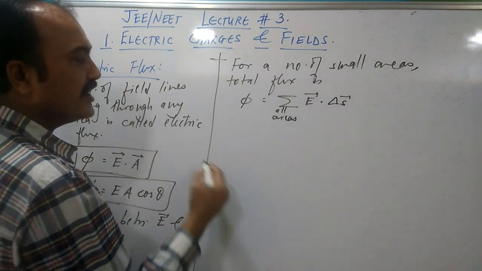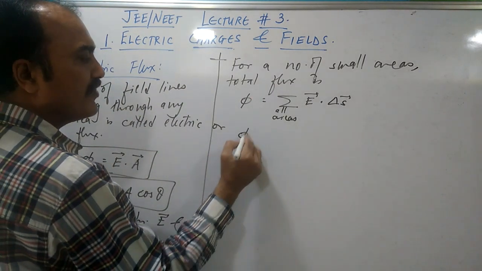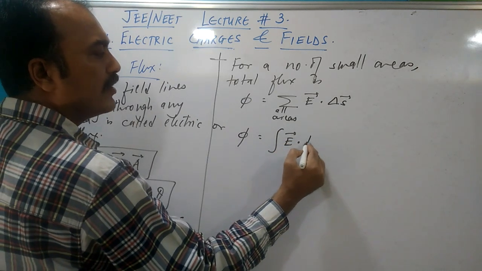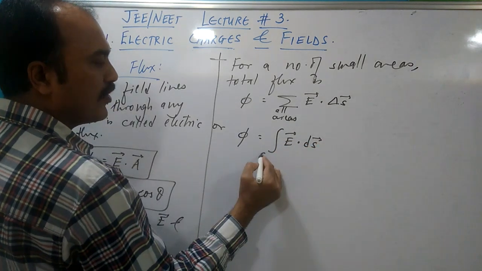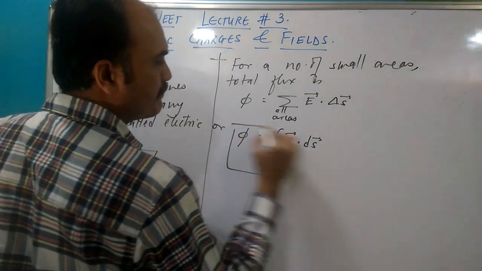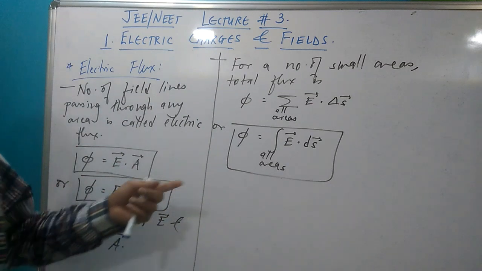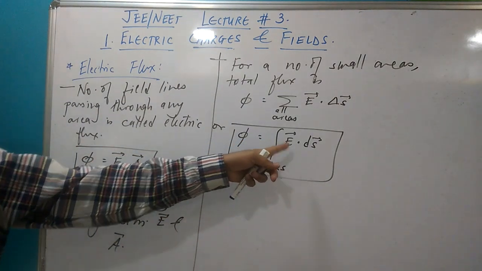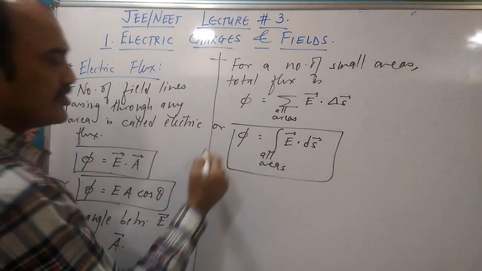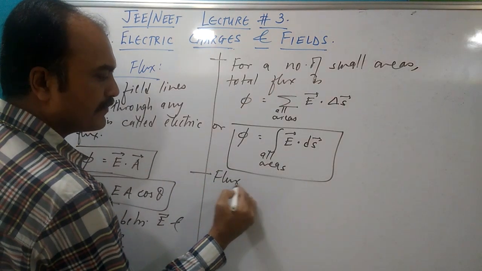And if I were to write it in integral form, I would write flux phi is integral E bar dot ds bar for all the areas. So one of the most widely used definitions is this: flux phi is integral E bar dot ds bar for all areas. Flux, you can see, is a scalar